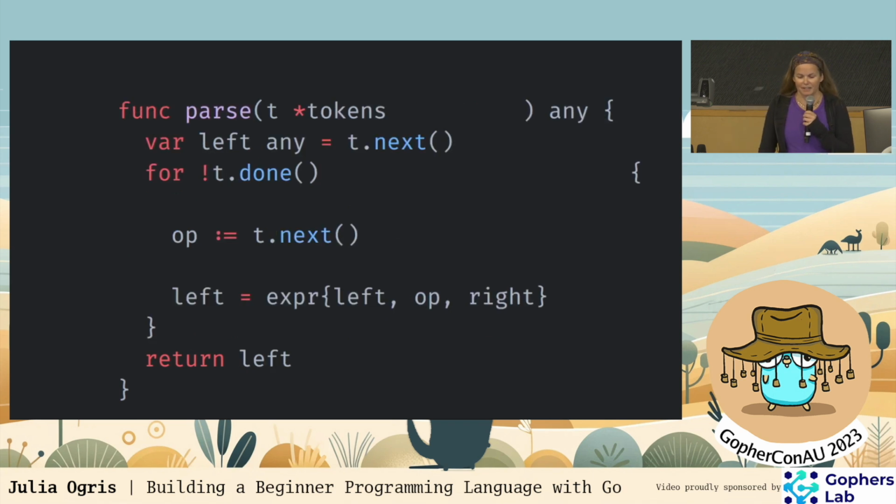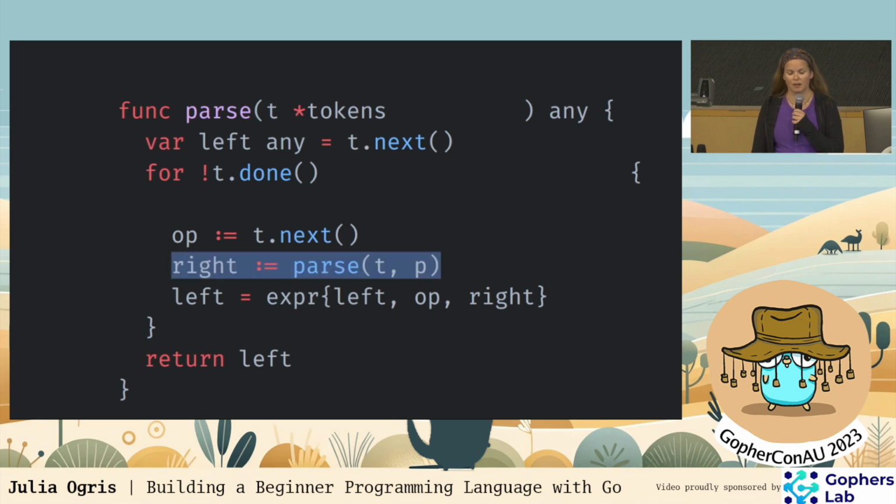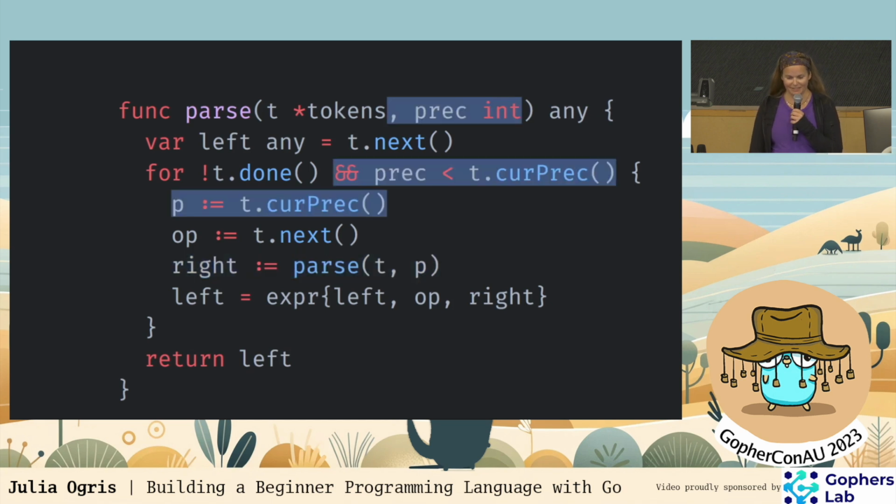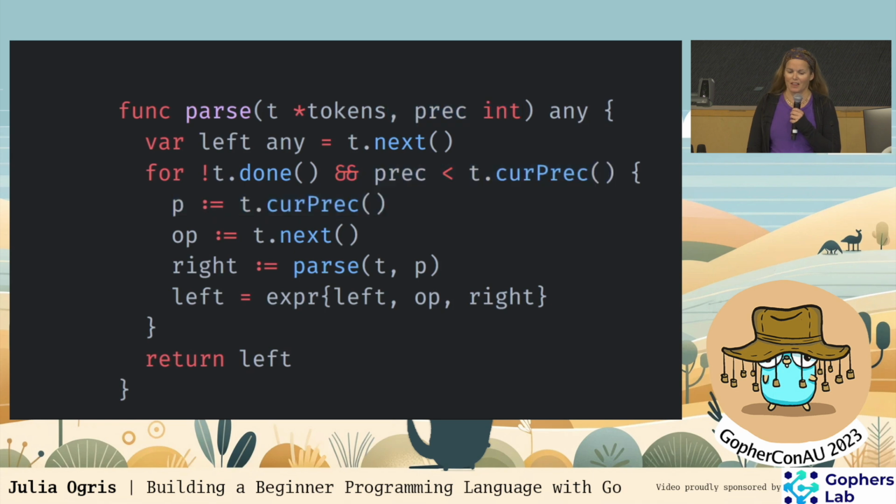This is the Pratt parsing algorithm. If you glance at it from one angle, it looks very much like this left-degenerated algorithm that we just saw before, where you have a loop at its center, you pop off the left operand, the operator, and you build left as the subtree of the previous pulled-together expression. However, the thing that's different is our right subtree is not just popped off the next right operand, it's actually built via recursion. And in all of this, we take operator precedence into account.